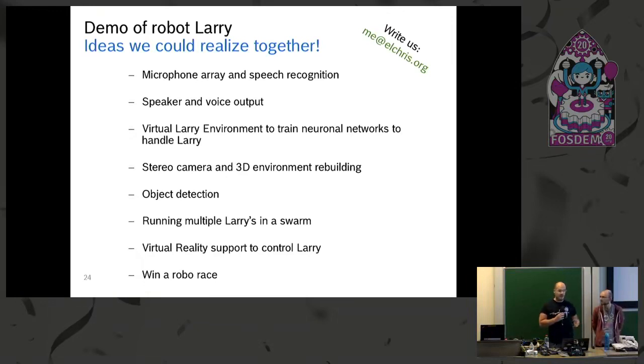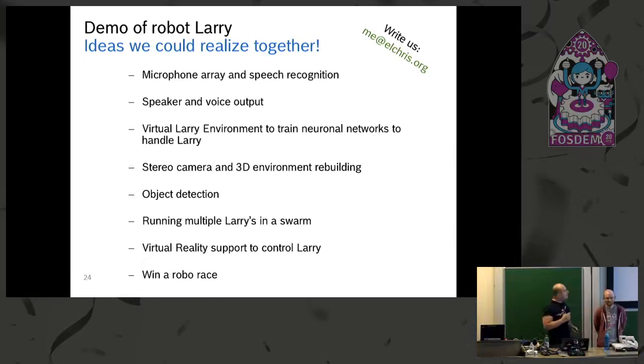For instance, Larry is now a drone and flies through a valley, and then you can map the valley and put on your VR goggles and take a look at the valley. Or object detection is needed to find Simon. You have multiple Larrys in a swarm. I think in China they use drones for the agriculture field, and maybe this is also an idea we can follow up, or win a robo race, because we have a tracking sensor for a robo race, so